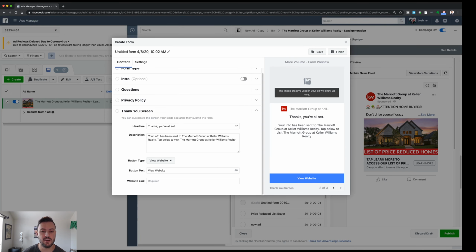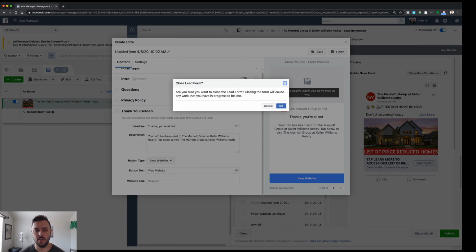Although recently I changed it to my app link. So we have a brand new artificial intelligence consumer app that just came out last month. So I've been putting that as the link because people are often on their phone anyway. So now they click the link and it goes to download the new app, which is attached to me. So if they download it, I see they downloaded it. I see all whatever homes they look at. So it's just an extra